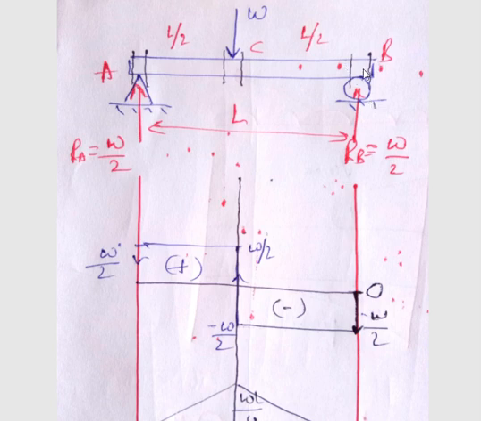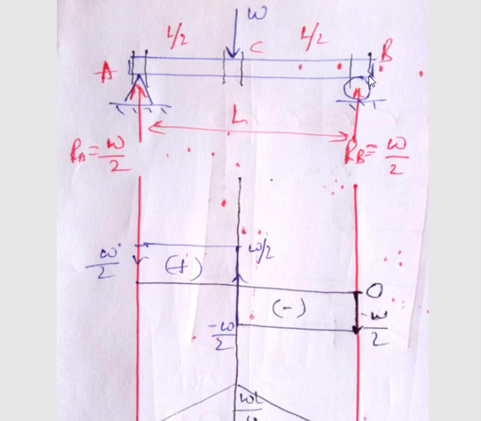After marking these sections, the first thing you need to do here is draw a zero shear force line, which is horizontal. Then you can come either from the right hand side or from the left hand side. Start with the right hand side, I am comfortable from the right hand side. Select this section. When I am selecting this section, there is no force from the right hand side, so on this section the force is 0. I am writing it as 0.